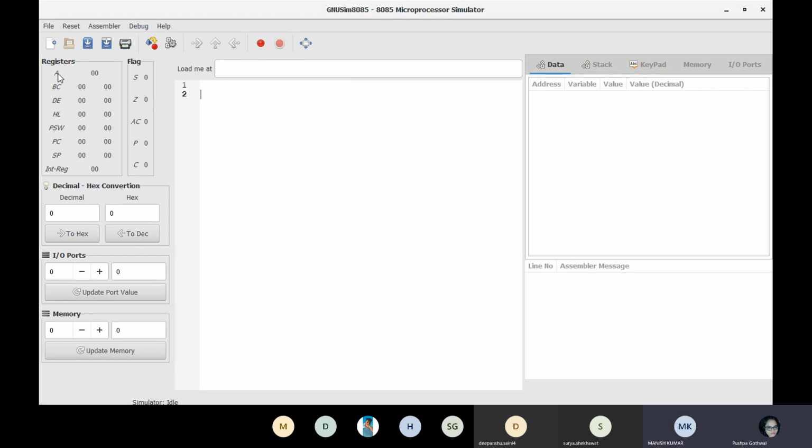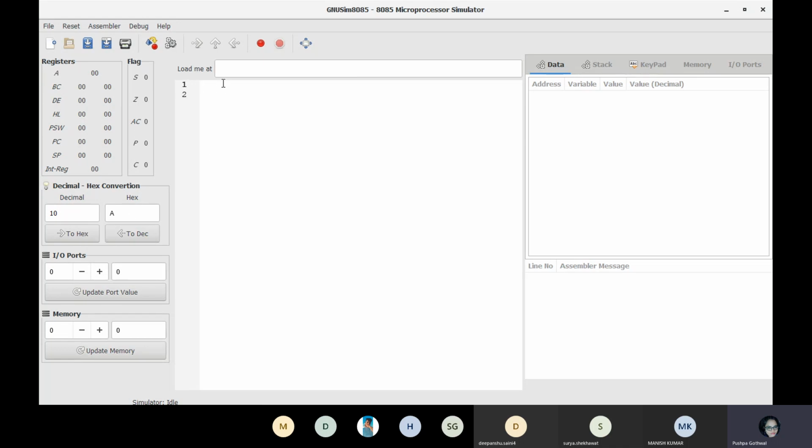These are the registers: the accumulator, B, C, D, E, H, L. PSW is nothing but the flag register, program status word register, then program counter, stack pointer, and internal registers W and Z. Here you are getting the option कि अगर आपको कोई डेसिमल नंबर पता है लेकिन आपको हेक्साडेसिमल नहीं पता है, तो you can change that particular thing, hex to decimal, decimal to hex. ठीक है. इस simulator में that option is also available.